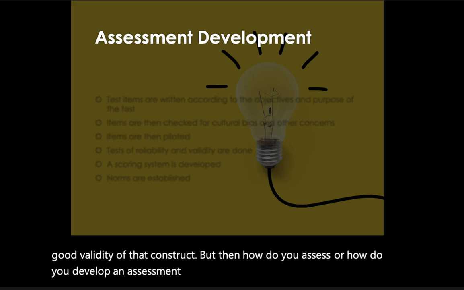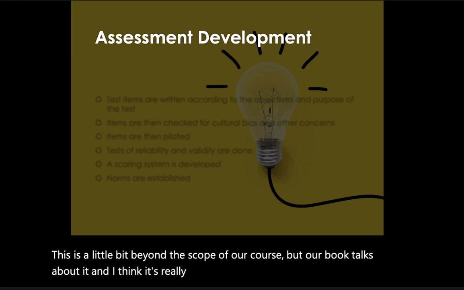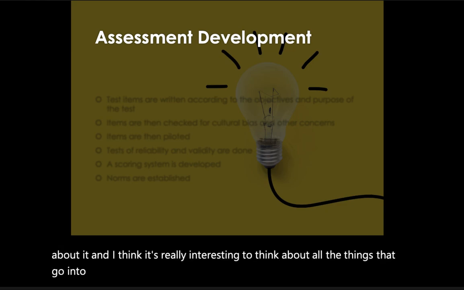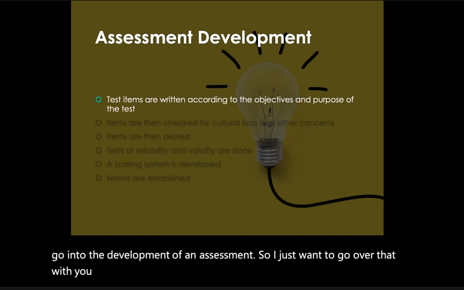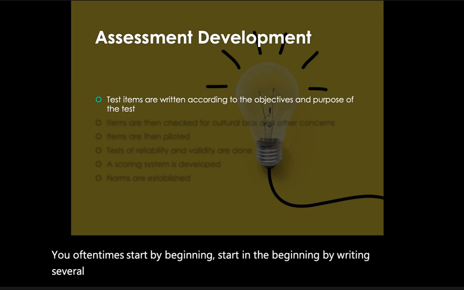This is a little bit beyond the scope of our course, but our book talks about it, and I think it's really interesting to think about all the things that go into the development of an assessment, so I just want to go over that with you. Because developing a sound assessment involves several steps. You oftentimes start in the beginning by writing several different assessment items that are clear, concise, culturally relevant, or culture free,